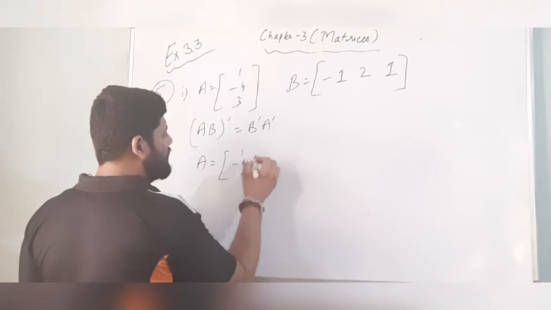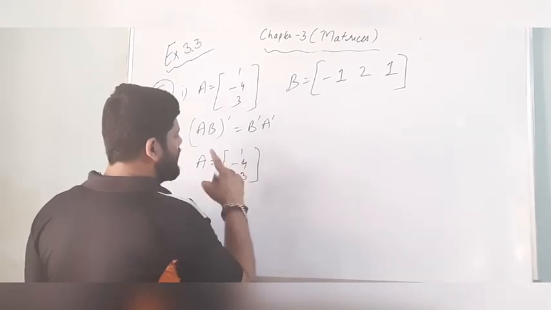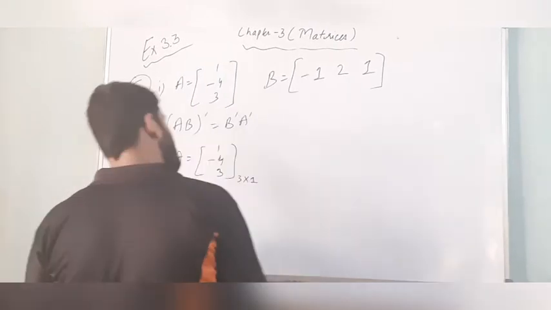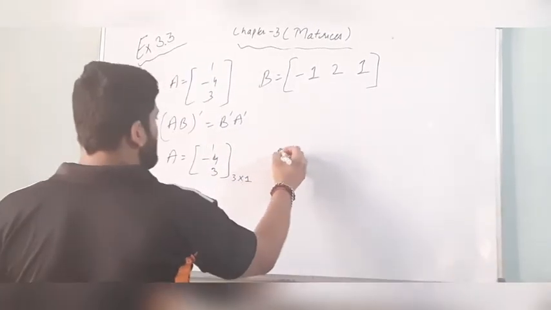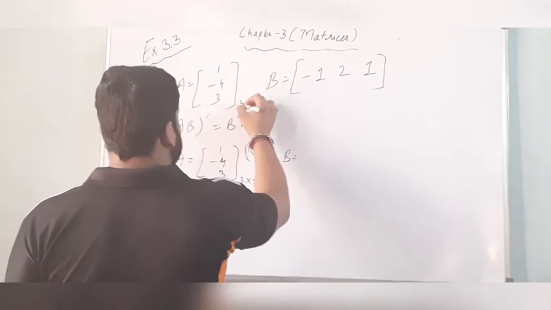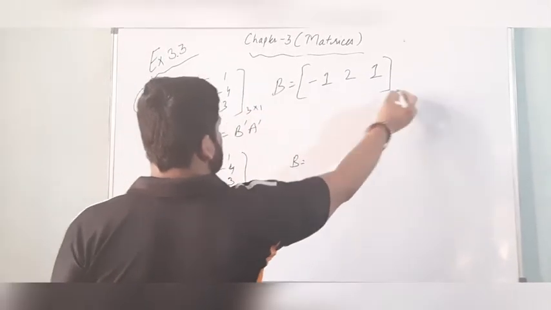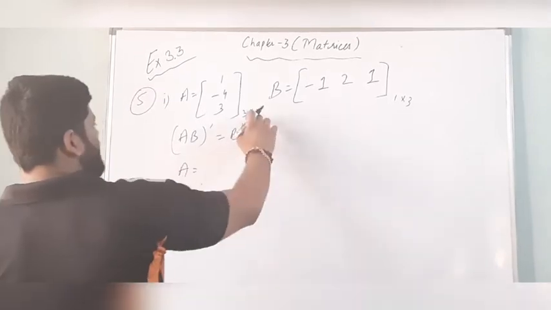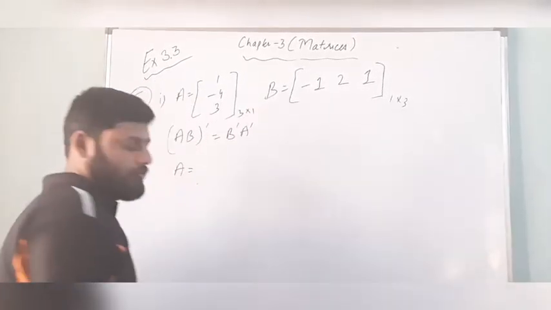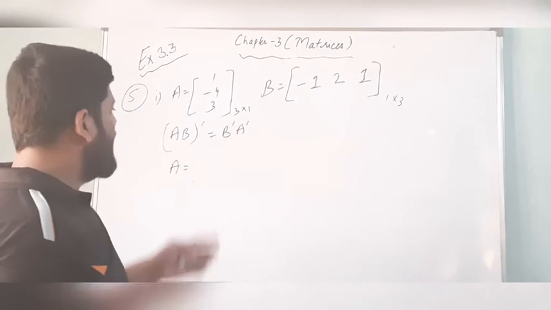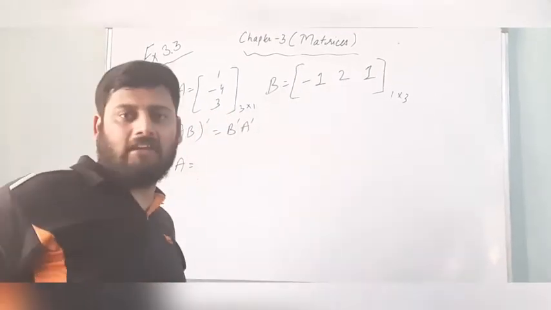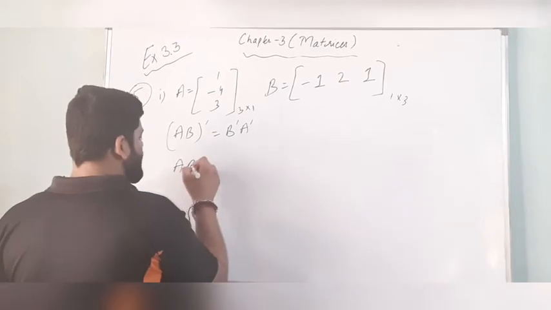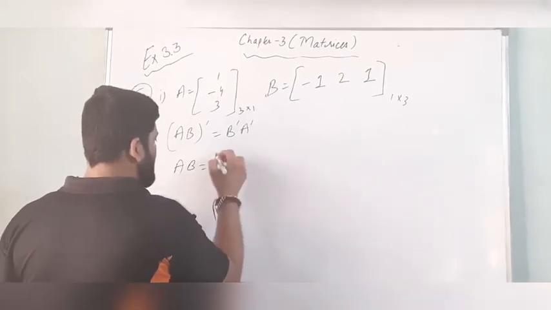First we will check the number of columns. ये है 3/1 मैट्रिक्स एंड दिस इज, and B matrix is, this is 3/1 matrix and this is 1/3 matrix. So we can see that number of columns and number of rows in the second matrix are equal. Then we'll get a matrix of 3/3. 3/3 की matrix मिलेगी. So how to find the product of AB? So AB matrix will be